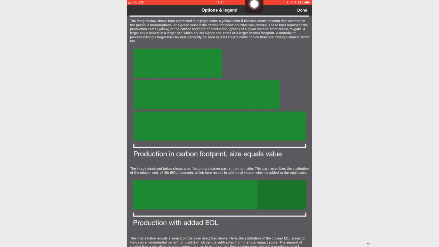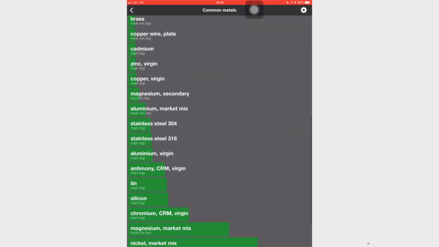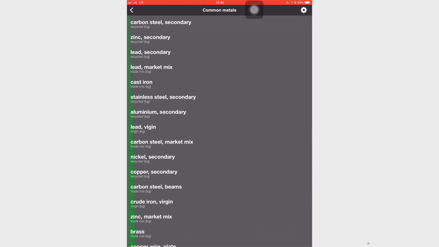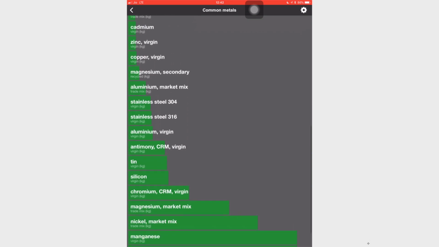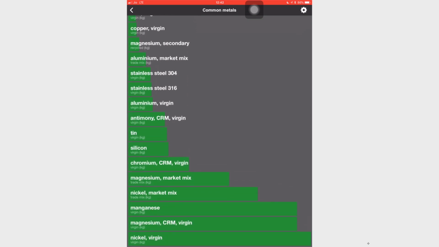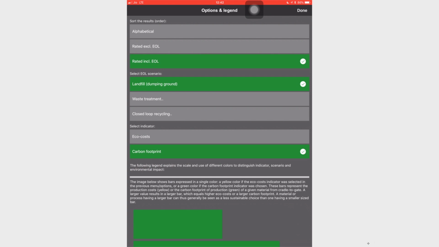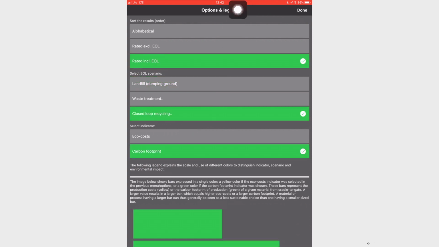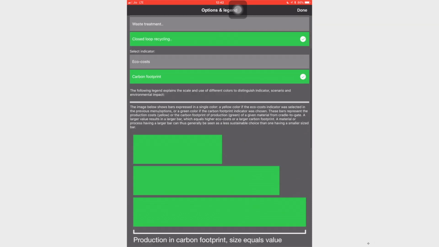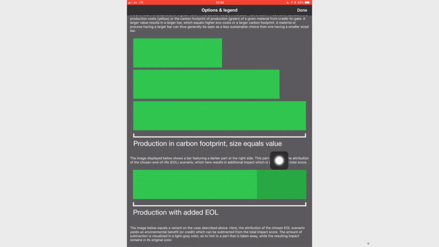Since I had selected the end of life option as landfilling, that is why you do not see that darker colored bar over here. Let us change it. Let us make it closed loop recycling. So, I will have to add the impact caused due to bringing in that closed loop recycling. Then you will be able to see this darker color bar.